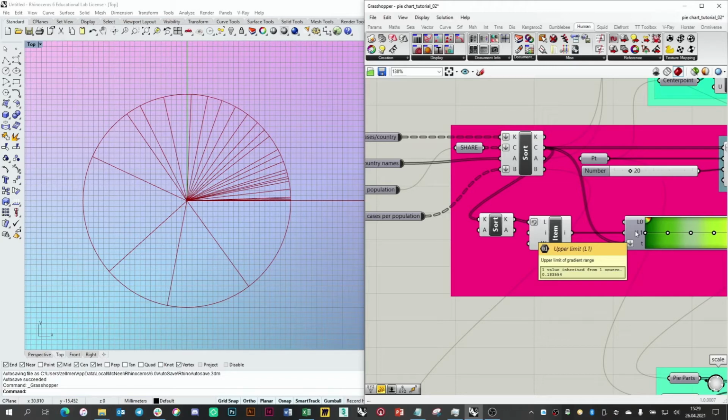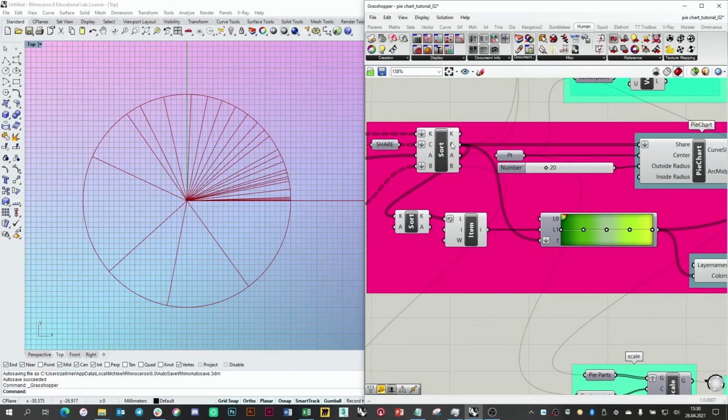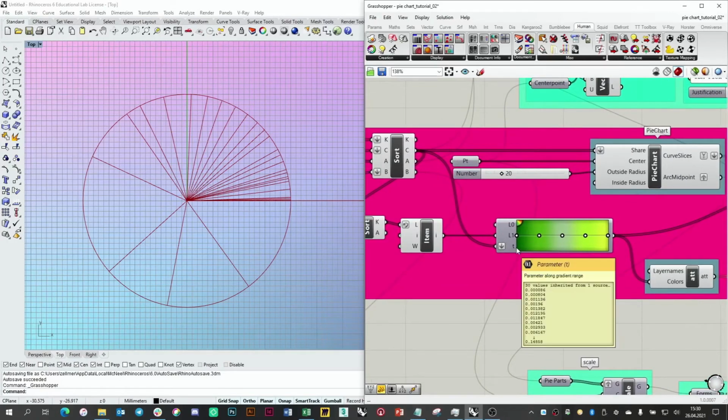And the upper limit shows me that the largest possible population percentage is 18%, which tells us, to get that straight, that Germany has 18% of the population of Europe. And now again, we can put all of these values into the gradient as a flattened list and get out